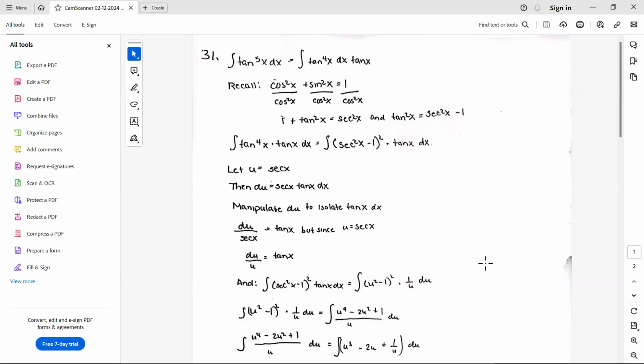Okay. Now, this problem is a power of tangent, the integral of tangent to the fifth x dx. And so I started by writing it as tangent to the fourth x times tangent x dx. I should have put the dx after, but I was thinking about tangent to the fourth. Anyway,